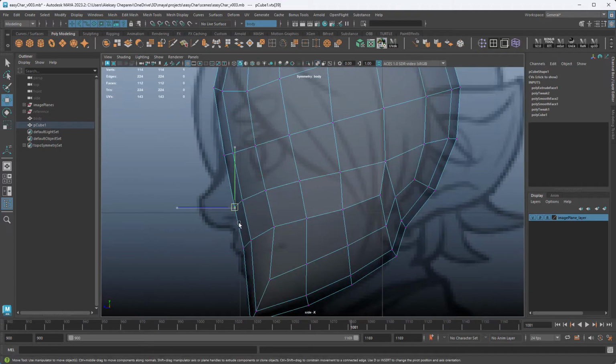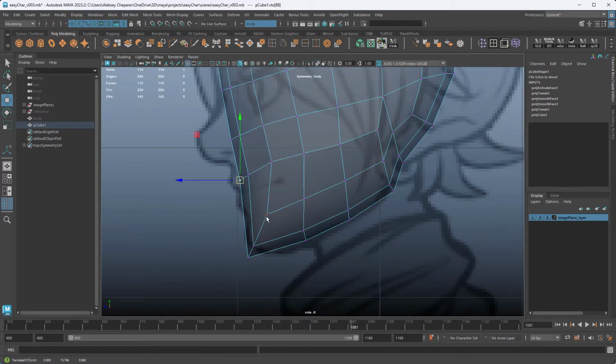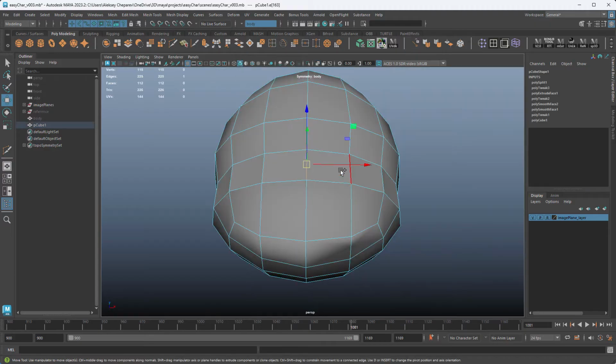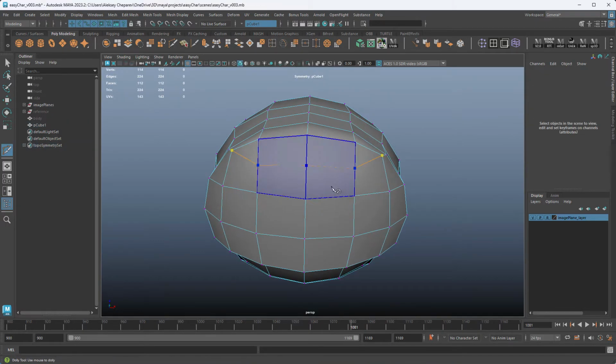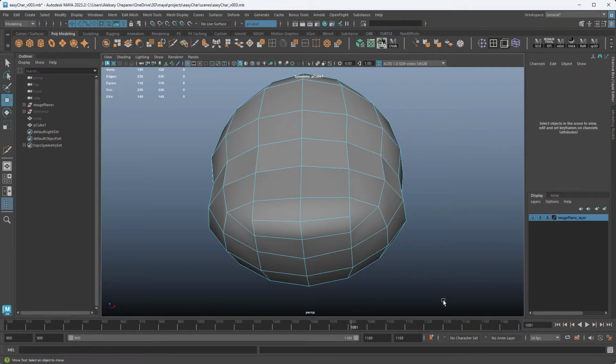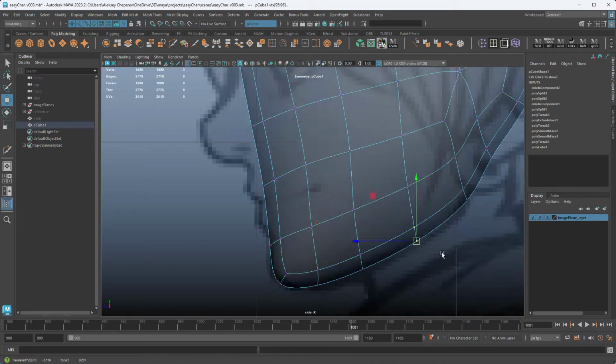So the next thing I want to do is square off the chin, because right now the way the chin looks, this right here is not very good, and also we have these long faces here. Let's turn symmetry on. Select the center line, hold Control Shift, right click, symmetry, click topology. Now you have topological symmetry. So we'll just do this, and same here. We can delete these corners here and then adjust.